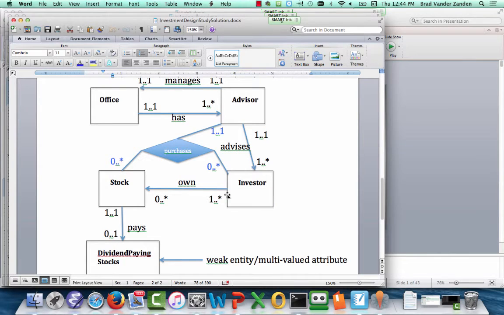What it really is, a holding represents a relationship. I have it here as own. Another word suggested from the title was holding, so you might also say,